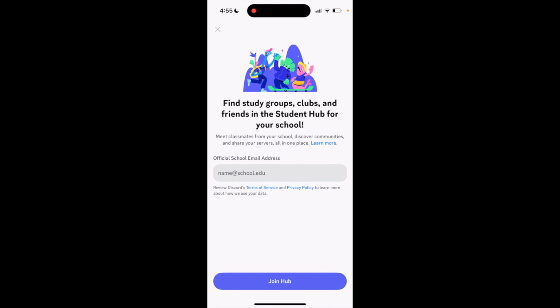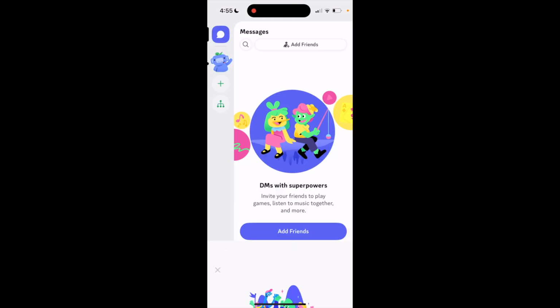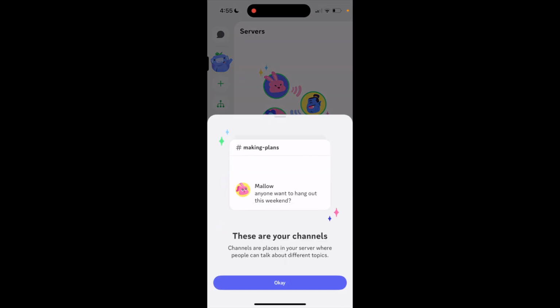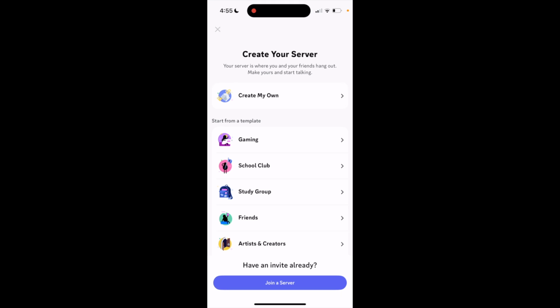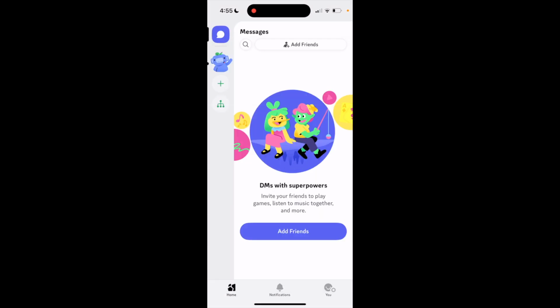You can go ahead and either do that way if you want to join like a school server, or you can go to the top here and you can check the channels. You can go to the top, message friends, whatever the case may be. You can create your own server that way. So if you wanted to search up,